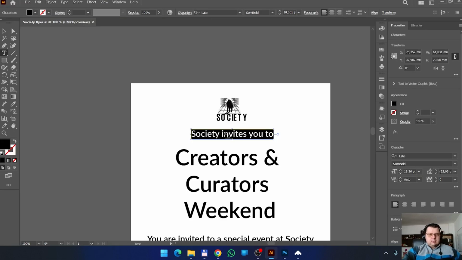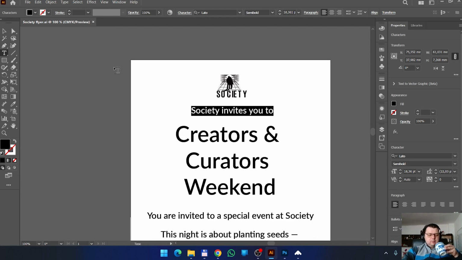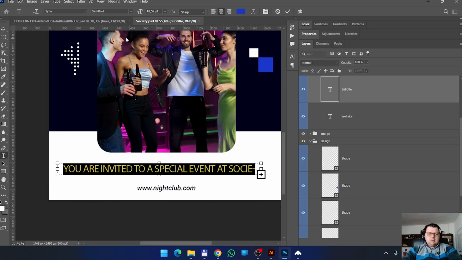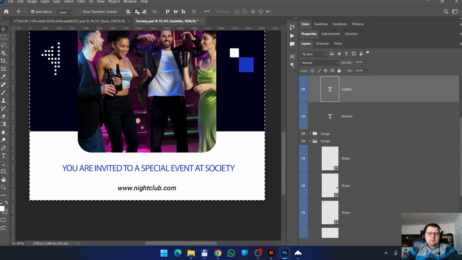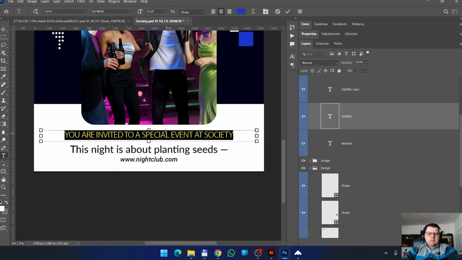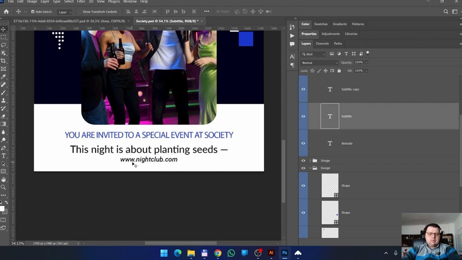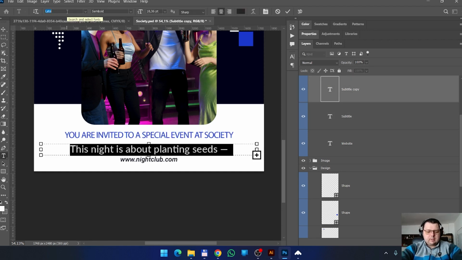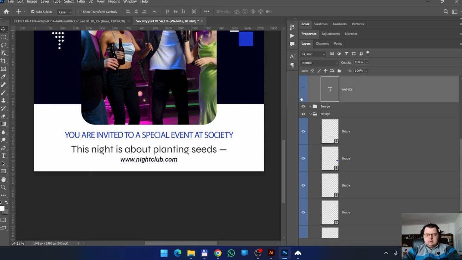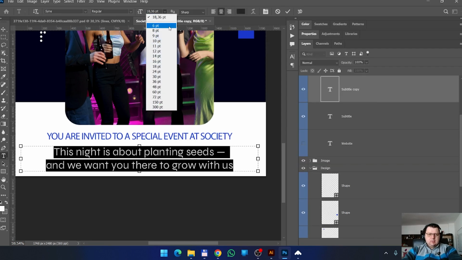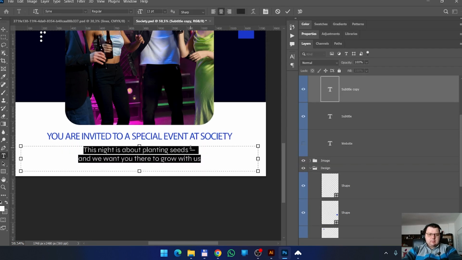Okay, let me check with the Illustrator to see what other text I should put in Photoshop. Let's make this smaller, maybe 60 points, and center align it, and also make it, yeah, it's the same typeface. Let's delete the website, maybe make this a little bit smaller.